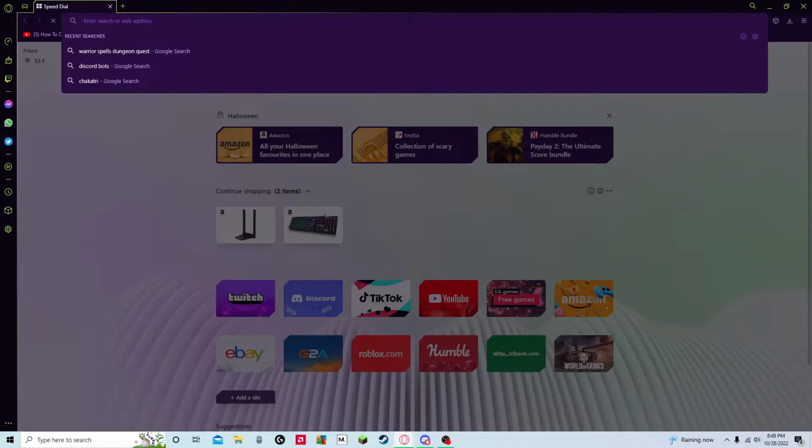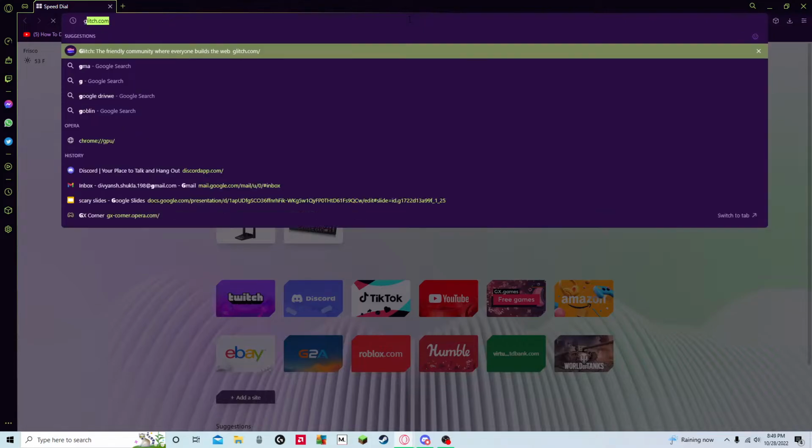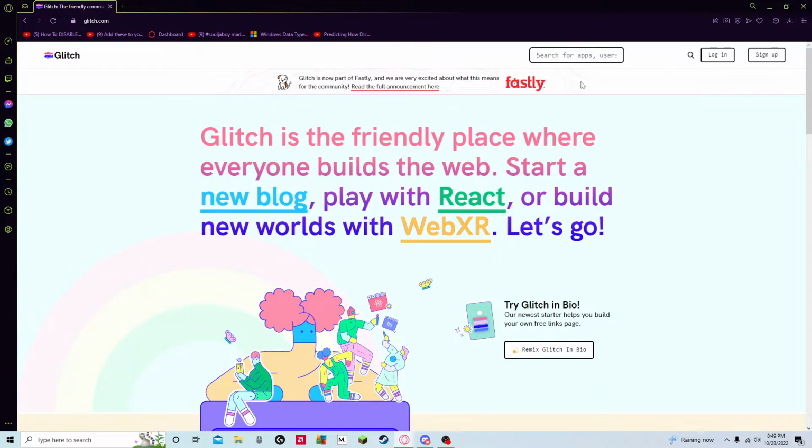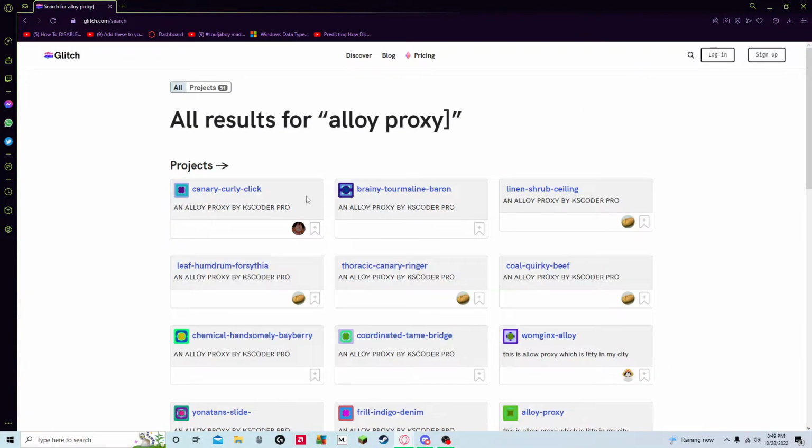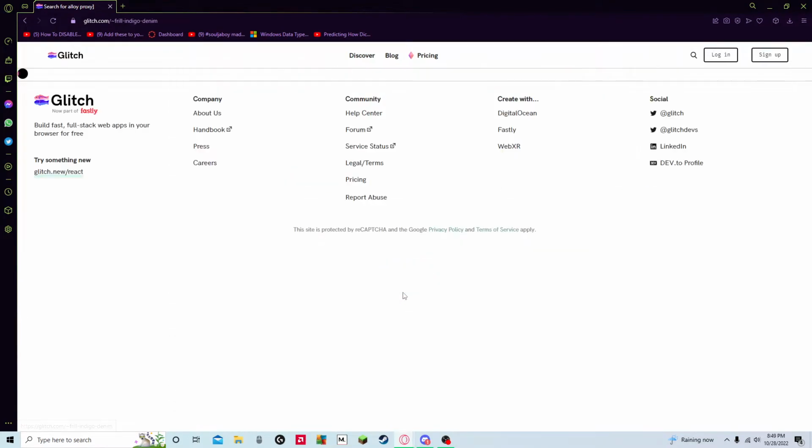So, first what you want to do is go on glitch.com, search up alloy proxy. These are the fastest proxies. Go on any one of these. Personally, I like to go on this guy's,